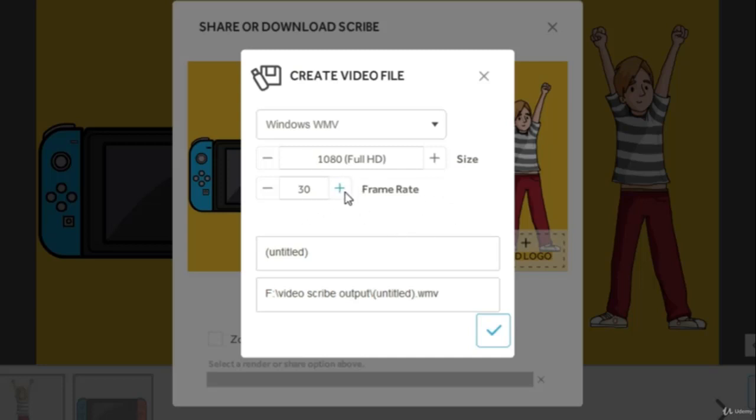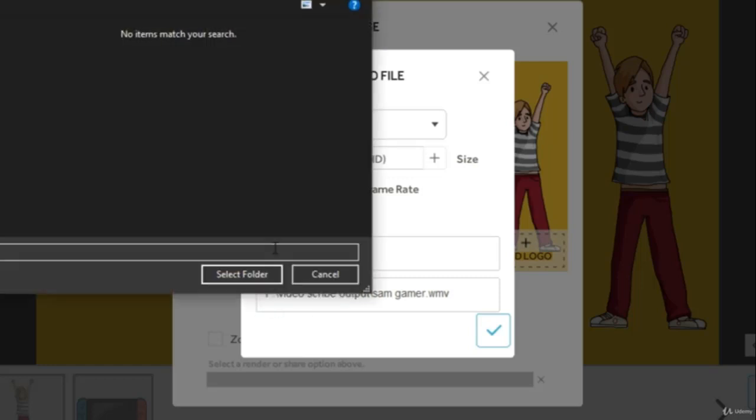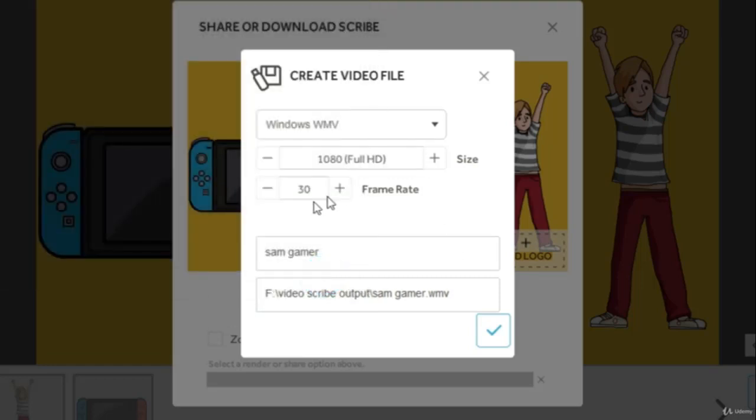And the frame rate you can go up to 50, but 30 is going to be best for us. And you can name it whatever you want, like in this case I'm going to name it Sam Gamer. And you can also change the location from here, but for now I'm going to leave it as it is. Now click on this check mark